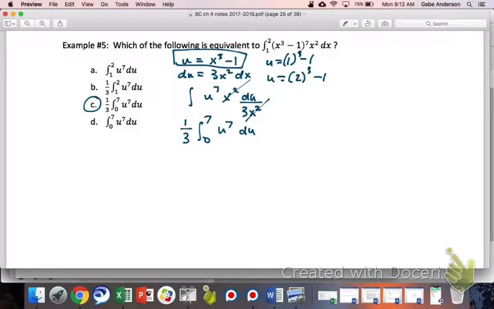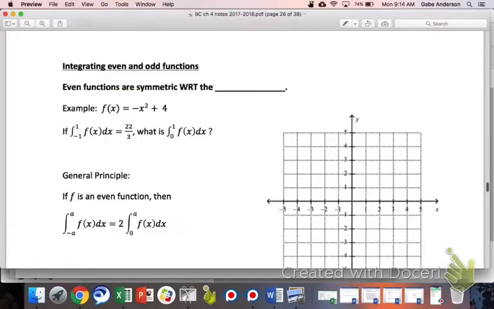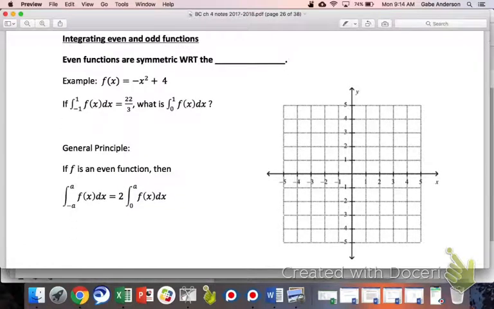Well, let's go ahead and move forward here. We're gonna talk about some evens and odds, and we'll do a little trapezoids, and that'll probably be about our time, and we'll be done with chapter 4. Okay. So this is calling on some old pre-calc stuff. Even functions are symmetric with respect to the